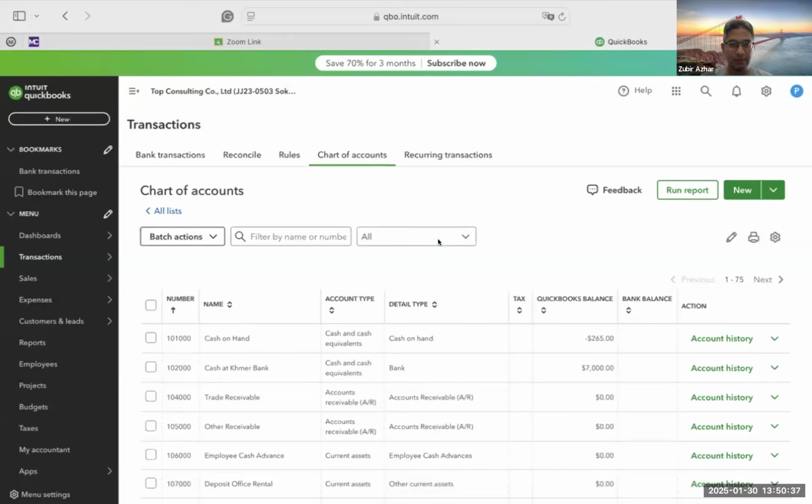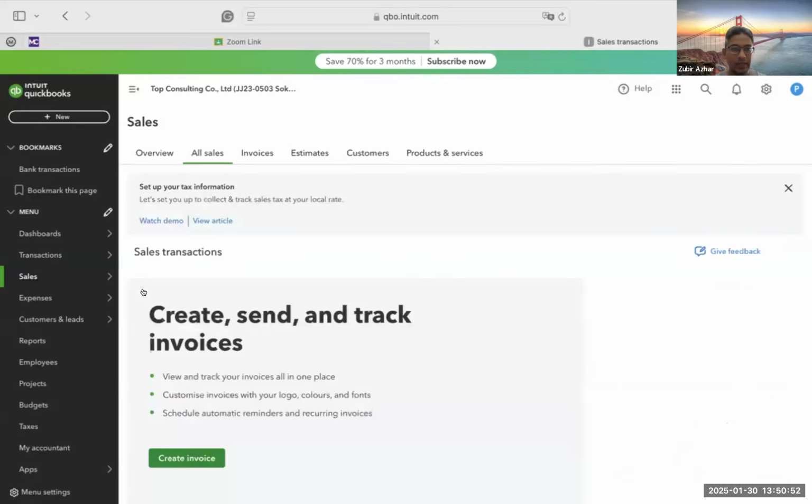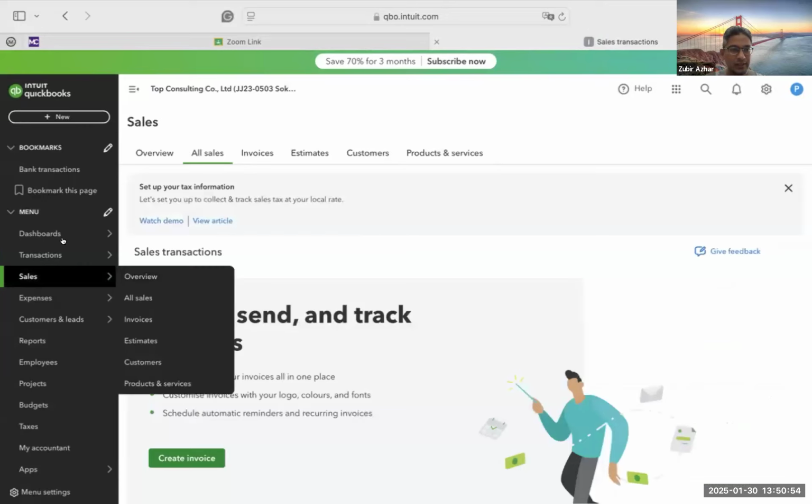So these are all things that we have done so far. Have you completed your cash at Bank? Can I see your dashboard first?